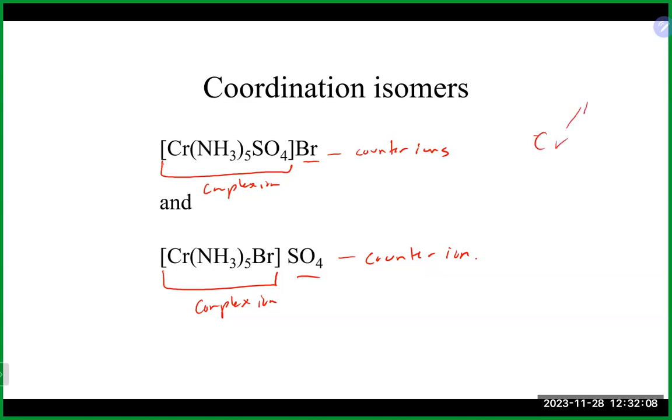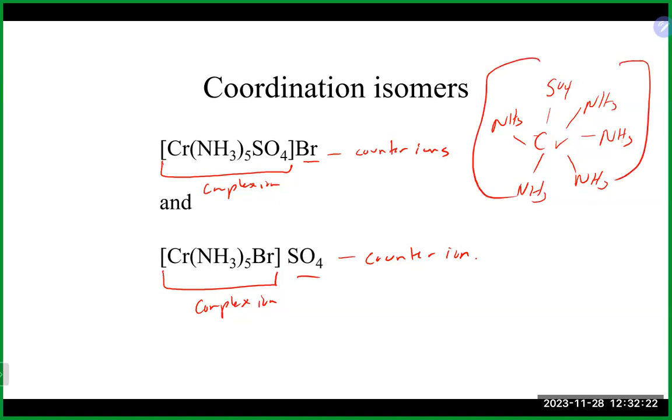So we would have our 5 ammonias attached, and also our sulfate in this case. And our counter ion in this case, I'm assuming that's going to give us a +1, is our bromine that's hanging out there. In the second one, although they're all just still the same stuff here, the difference is in this case,